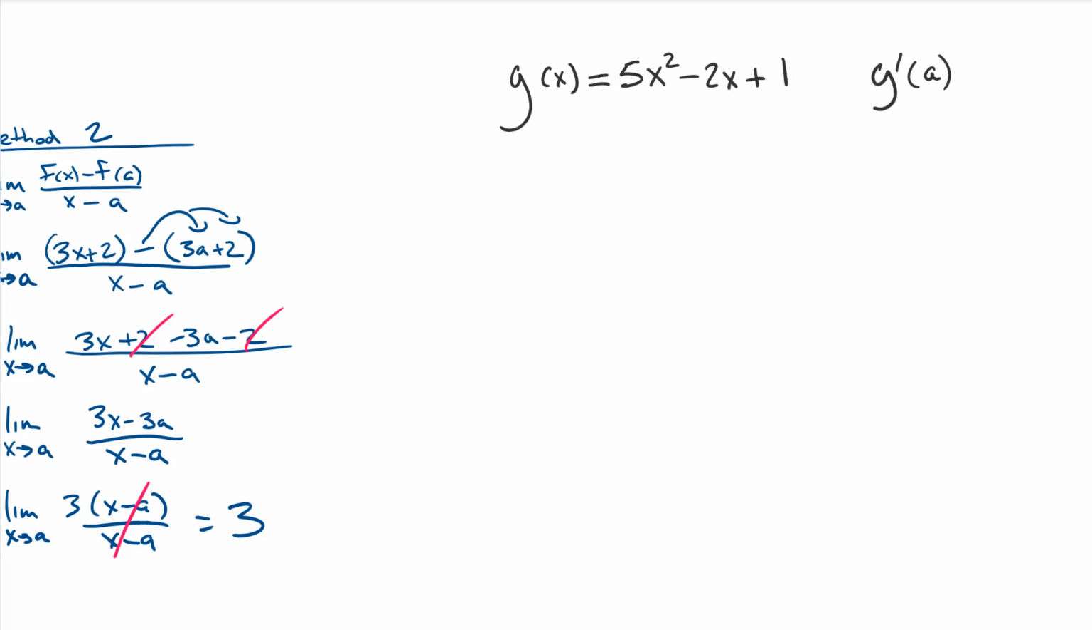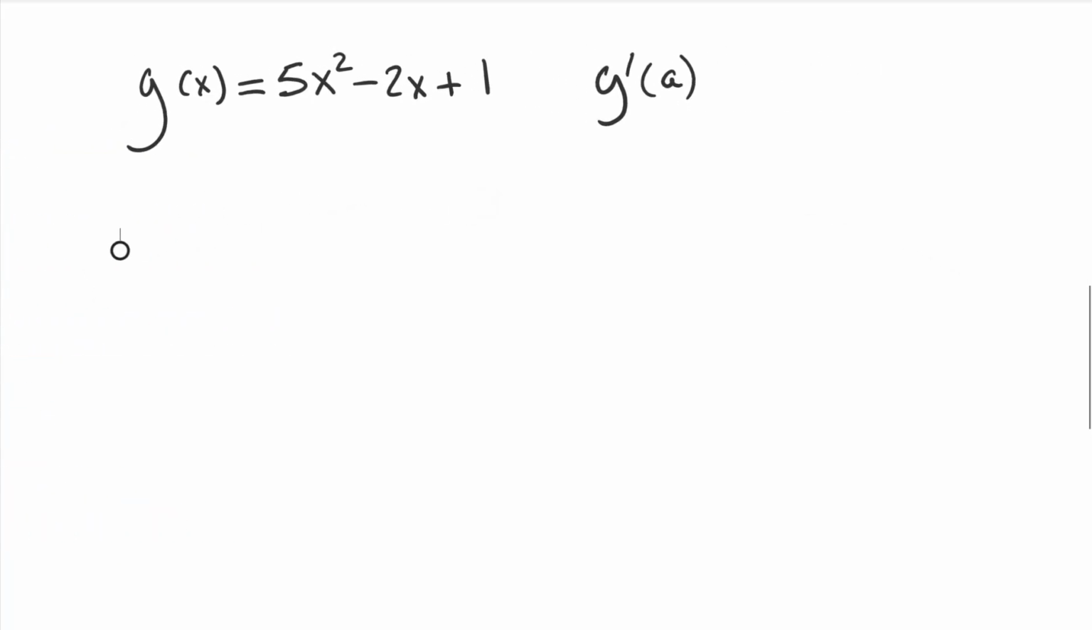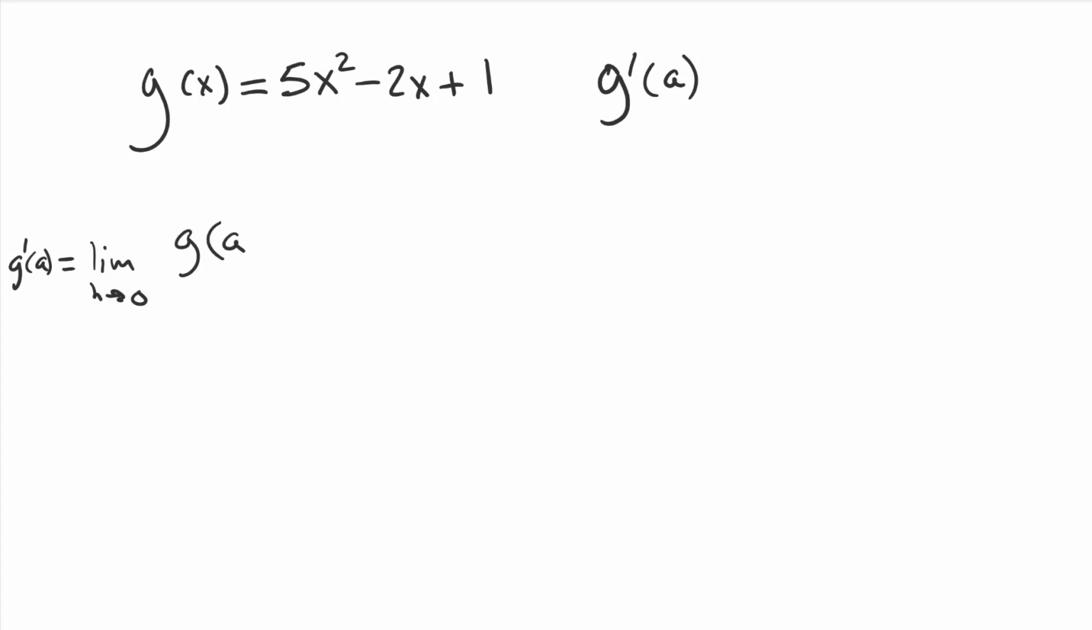So I'm just going to keep it as g and g prime. All right. Shut up and go. I get sidetracked. I'm going to do method 1, which is telling us we're going to take the limit as h tends towards 0. This is our g prime of a equals the limit as h tends towards 0 of g of a plus h minus g of a all over